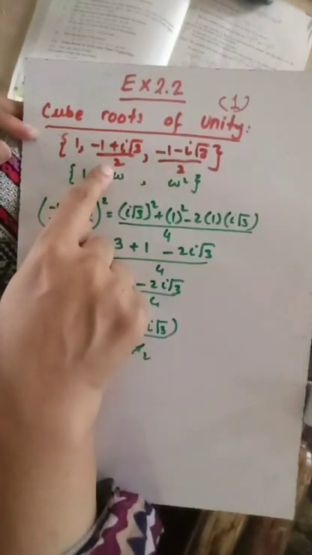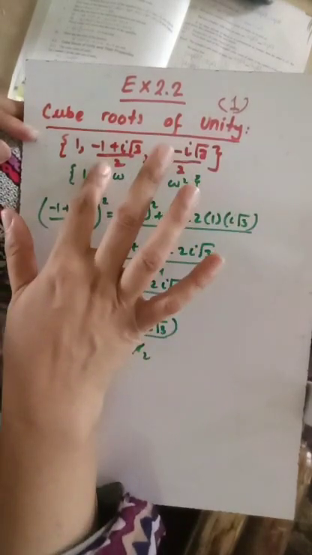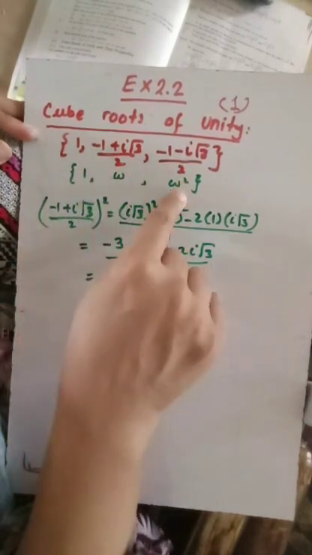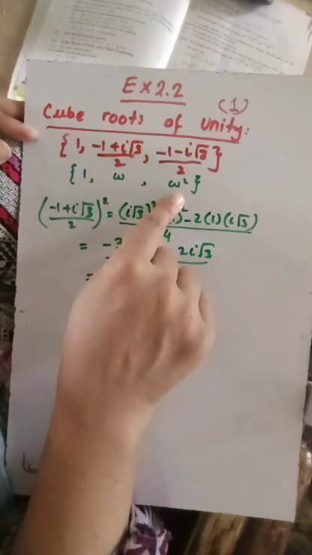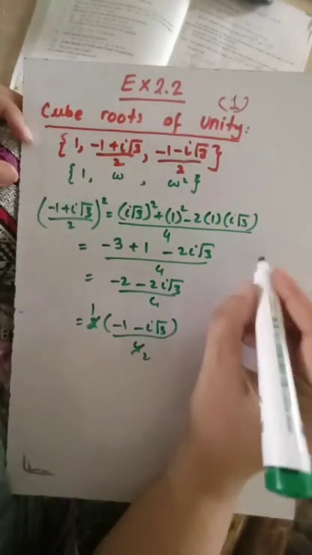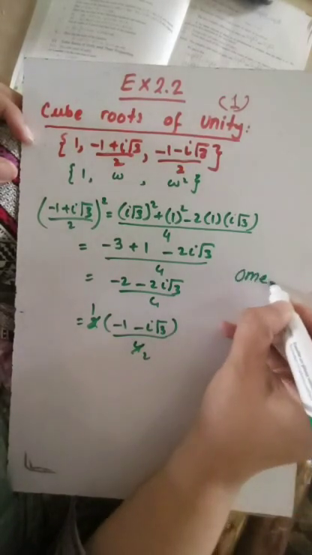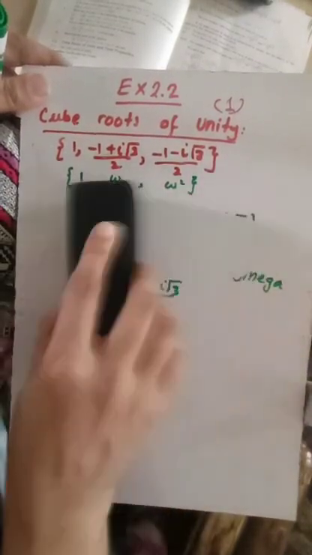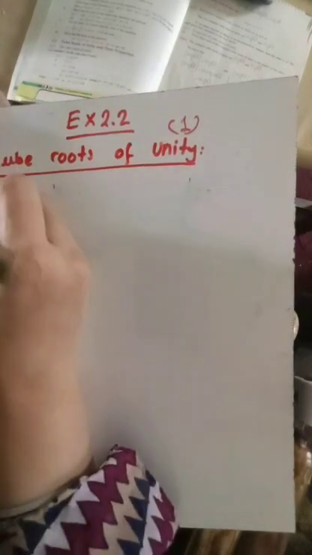So if I square this number, we get this number, and similarly is the case over here. If I square this number, we get this number. So one of them I will call omega, and the second one will be called omega square. Omega and omega square. Omega, this is how you pronounce it. So till now we have learned that the first property is that